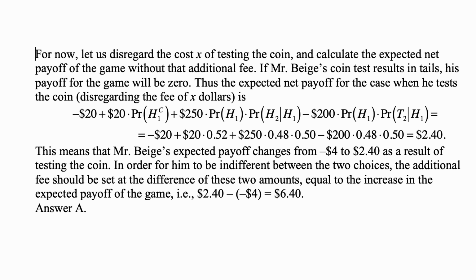That's negative 20 plus 20 times 0.52 plus 250 times 0.48 times 0.50, and minus $200 times 0.48 times 0.50,